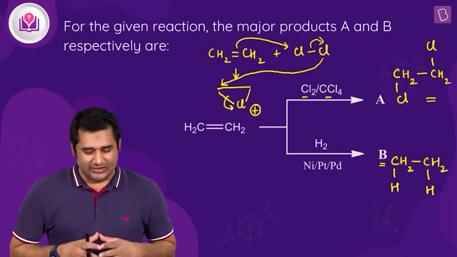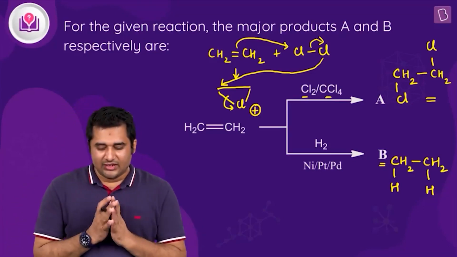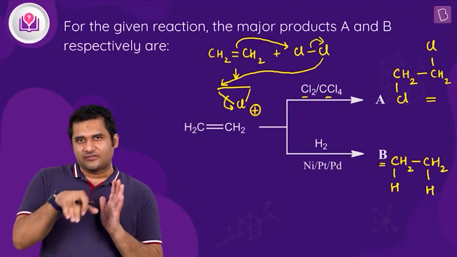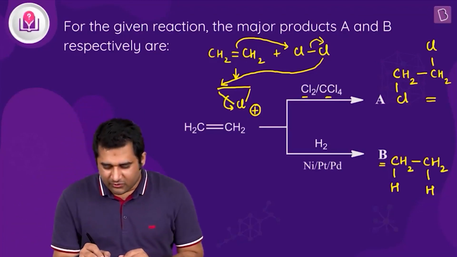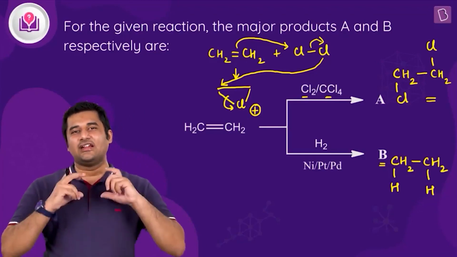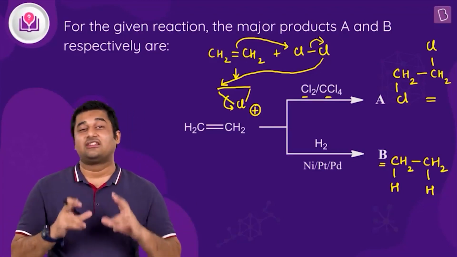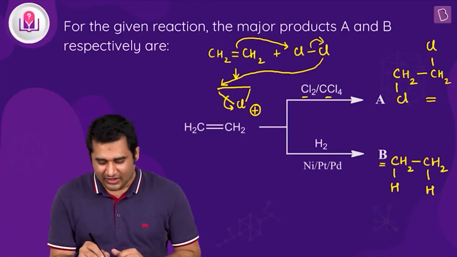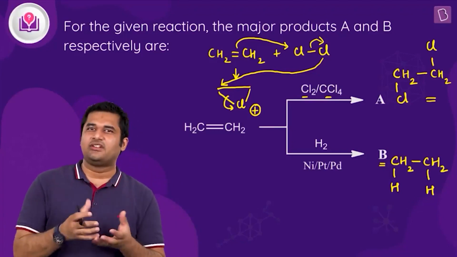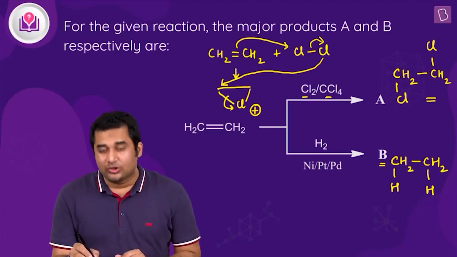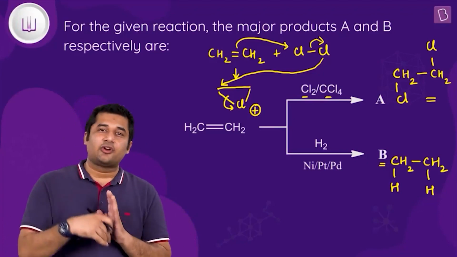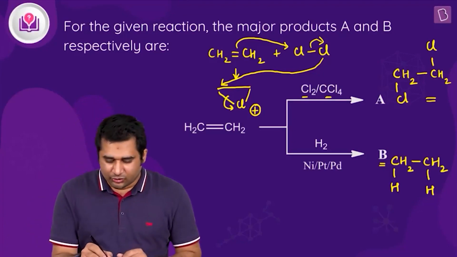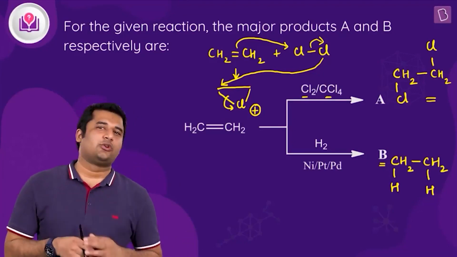So alkene plus Cl2, what you will get first of all is this pi electron cloud will get shifted towards chlorine, leading to the formation of a 3-membered cyclic transition state, wherein this chlorine will have a positive charge on it. And then the other chlorine, which is Cl negative, will attack from the opposite direction, leading to formation of 1,2-dichloroethane.